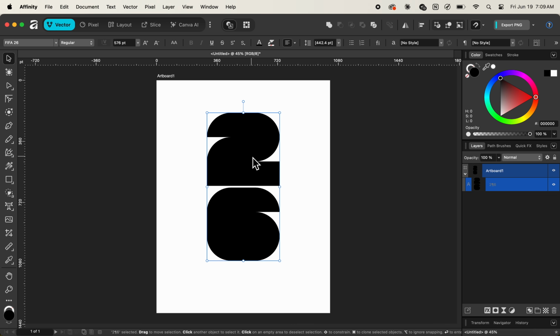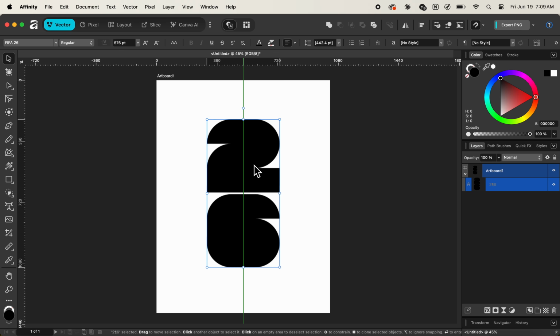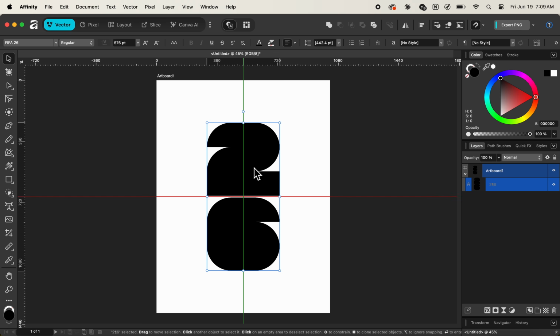Now, after we have adjusted the spacing between the 2 and 6 letters, let us go ahead and again snap it at the center of our artboard like so. And after snapping it to the center, if you are having a difficult time snapping it, then you can simply turn on this snapping option, which would give you the guides necessary to snap it at the